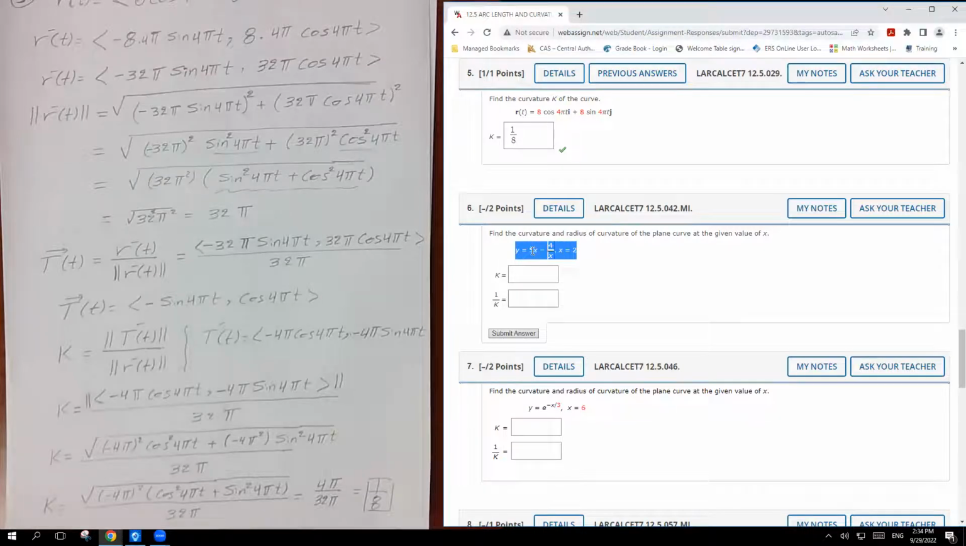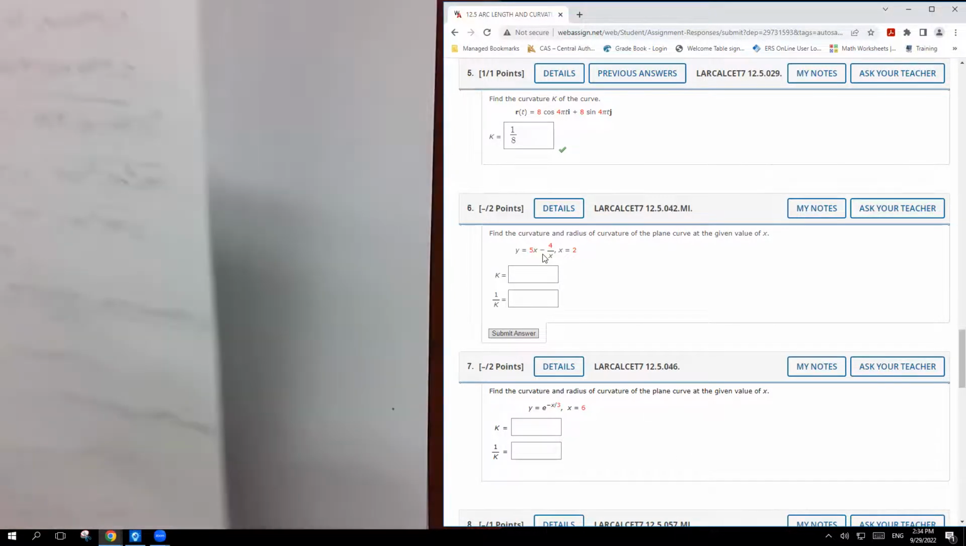But the thing here, check our coordinates here. y equals 5x minus 4 over x, and x equals 2. And they ask us to find the curvature and the radius of curvature. That's a little bit different from the previous examples. So let's check how we're going to solve this one. The first thing we have to do with example 6,